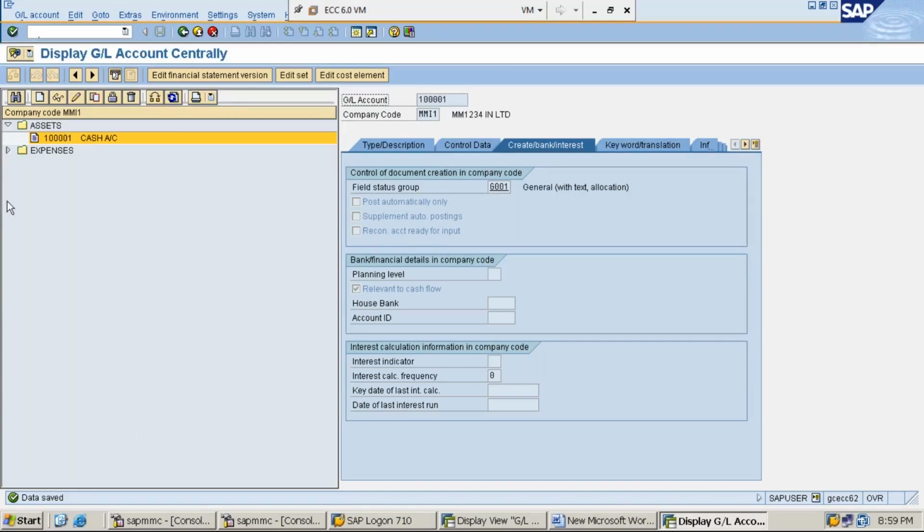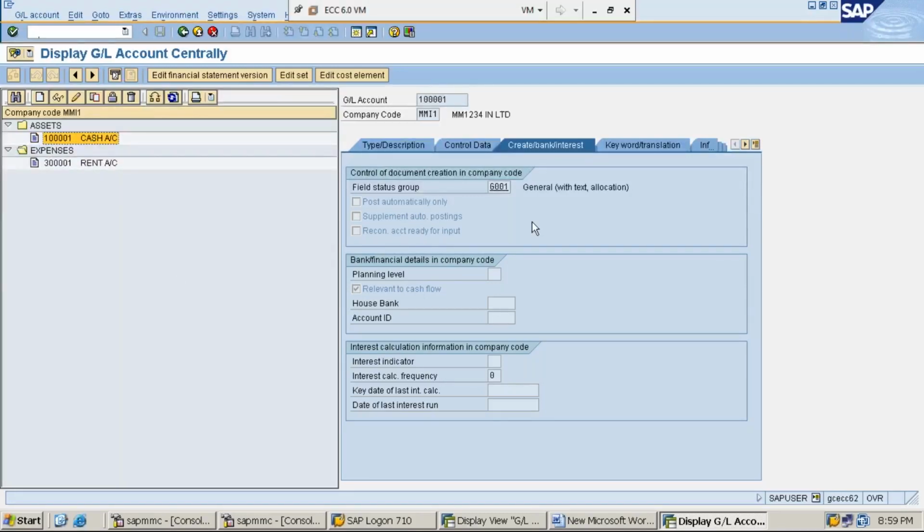So totally we have created 2 GL accounts. Any doubts? No, actually my voice was not audible, so now it's fine. So we have created 2 GL accounts. One is 301000, the rent GL account. The other one is 101000, the cash GL account.